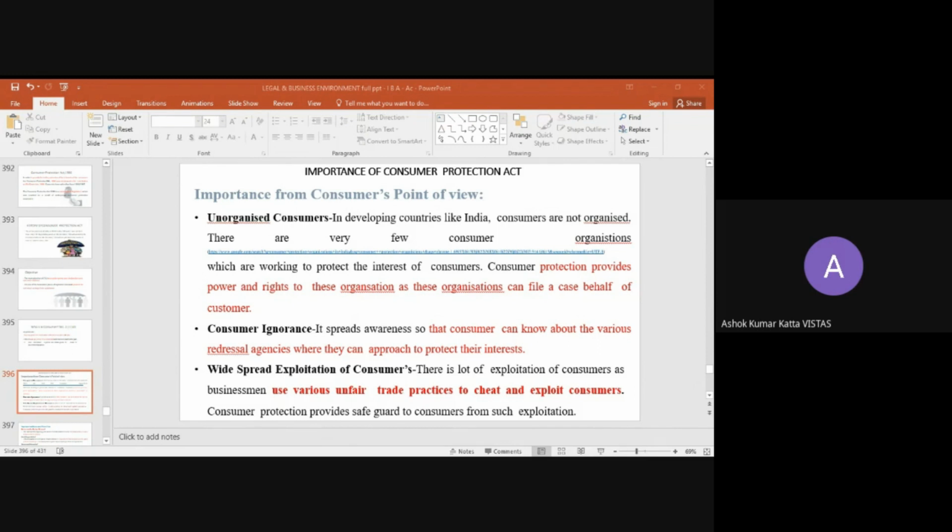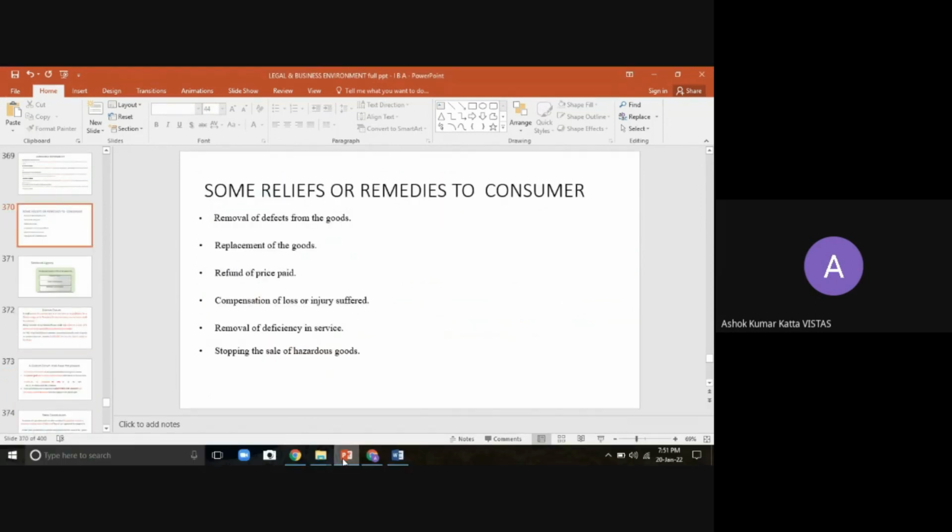Okay, the consumer understood that he was cheated by someone. By the time he needs to file a case, how he needs to file a case, to whom he needs to approach, he doesn't know anything. So you can directly approach the above forums. Because of your ignorance, it cannot benefit you. What forums do we have to protect ourselves from the sellers? District level, state level, national level, and also we'll discuss types of business organizations in today's session.